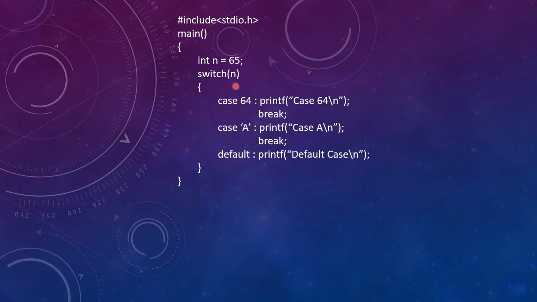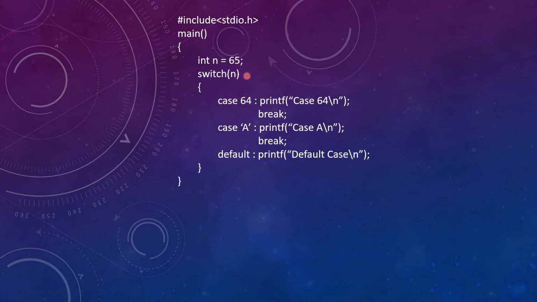Then it will simply match with the case labels present over there. Here we are having 64 and here we are having 'a'. So this value 65, if it is present in any of the case values, then that case will be executed. Else we go to the default block. So this is how the switch case works. We will look into it further in further videos also. So just try to solve this.